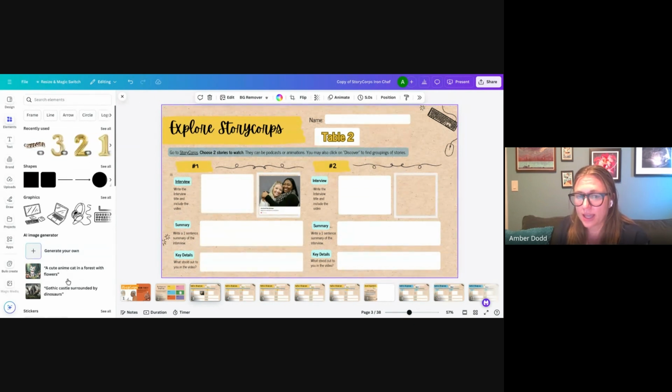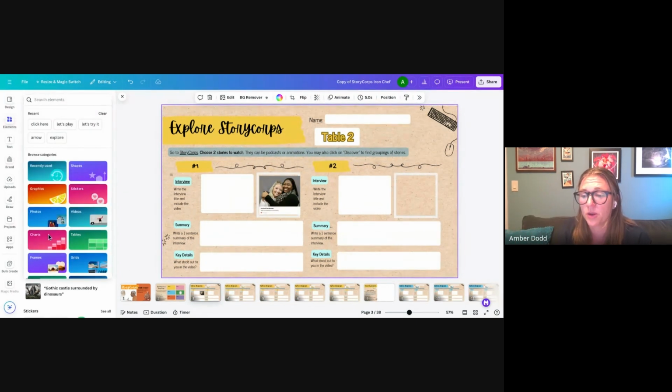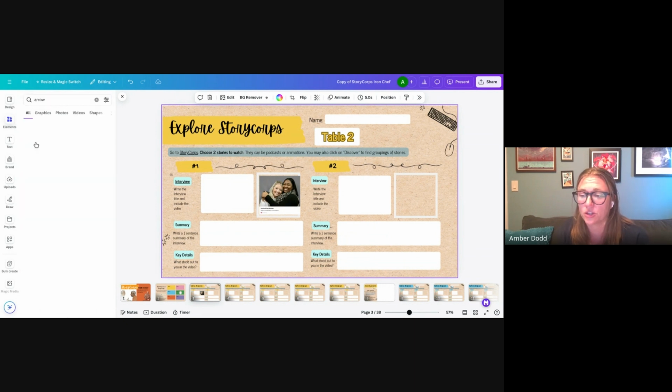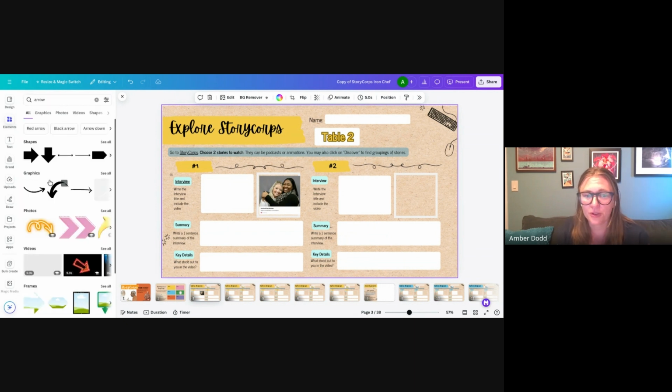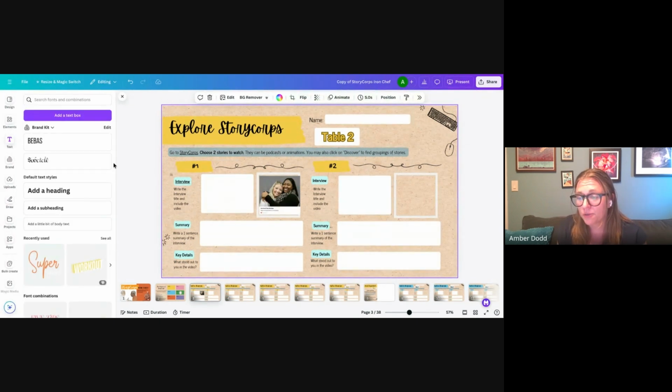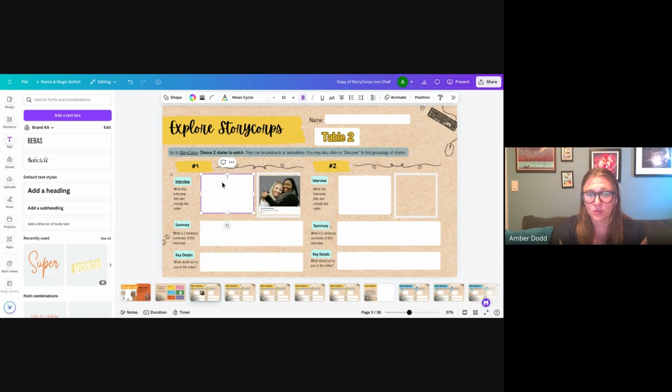I don't think the AI generated is turned on for students, so just FYI with that. But you have your graphics or shapes or any pictures or little mini videos that you might want to put in, you can put under elements. So if I usually put in an arrow for linking things, I can search for that in those images here under elements. For text for Canva, I have the boxes where students can just type into the boxes directly,